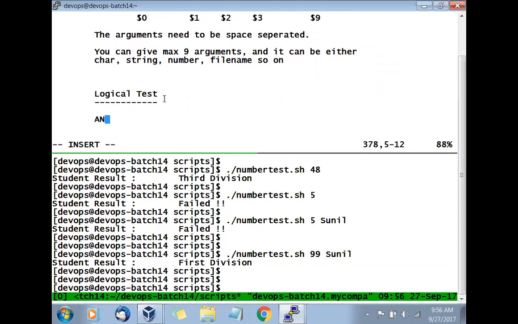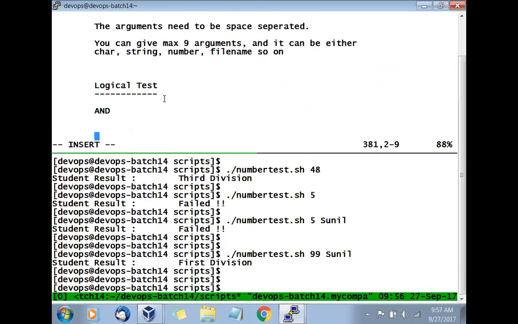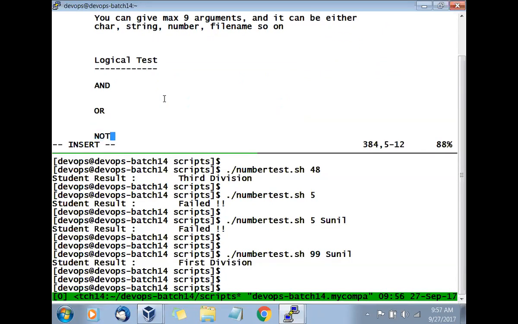One is the AND logic, one is the OR logic, and one is the NOT logic. And they are represented in different ways. AND goes with -a, OR goes with -o, and NOT will go with the exclamation mark. It is not going with the hyphen. It will go with the exclamation mark.